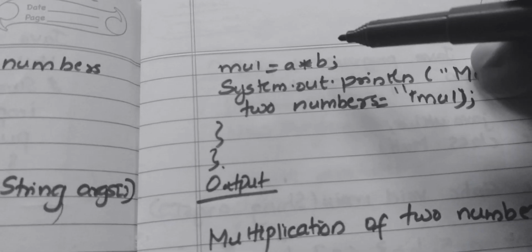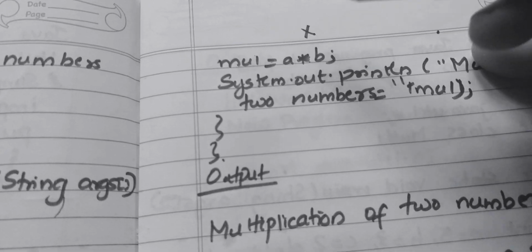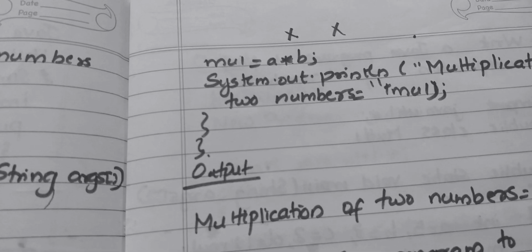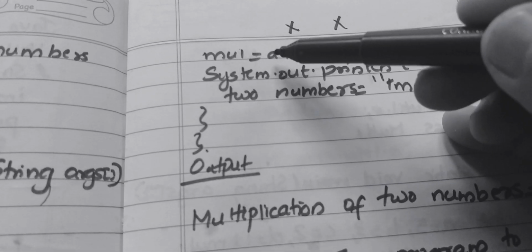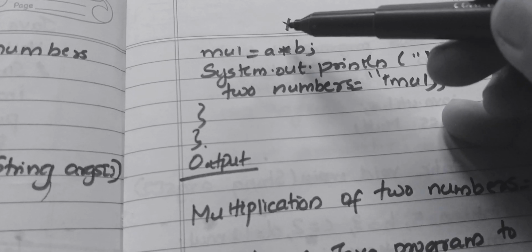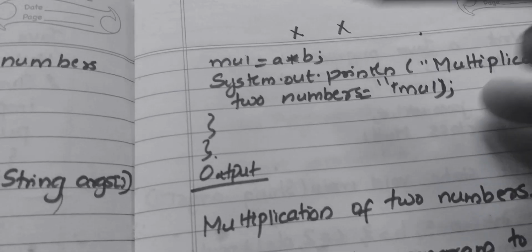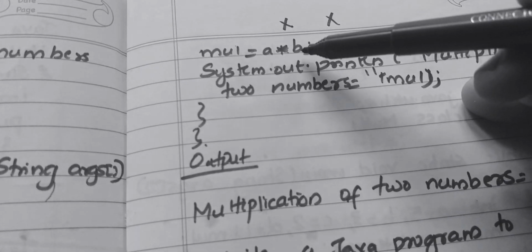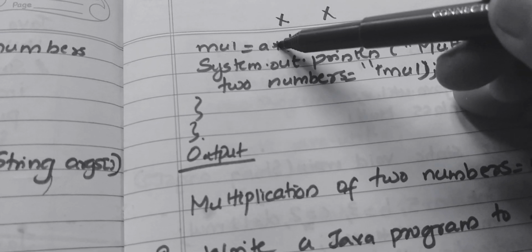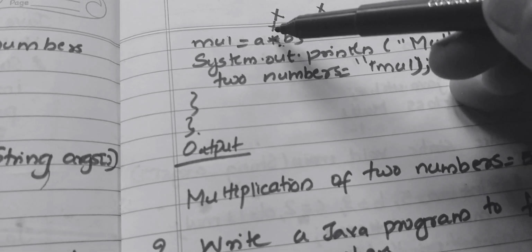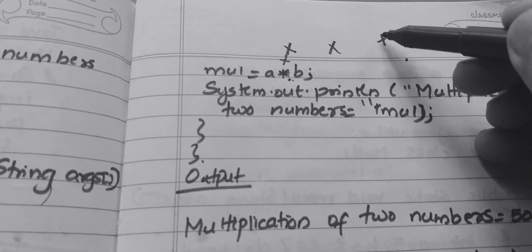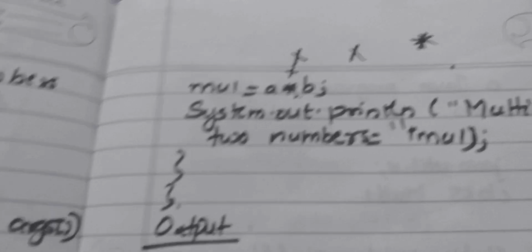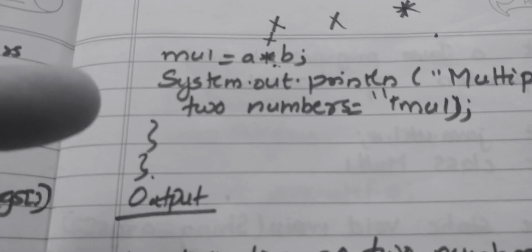So in Java, there is no operator like this, into. Usually in Maths we give the into operator for multiplication, but in Java instead of that you have to give the star symbol. This is also known as asterisk symbol. This is used for multiplication. So which all numbers we want to multiply, that is the variables A and B, are to be multiplied by using the asterisk symbol. Don't give this symbol, this is wrong. You should give star symbol. This is the star symbol. This is also known as asterisk symbol for multiplication. Clear? And it is to be stored in the variable mul.